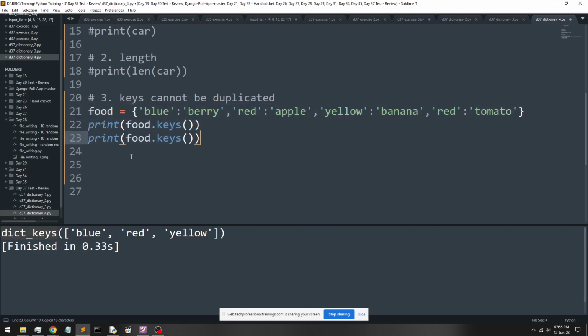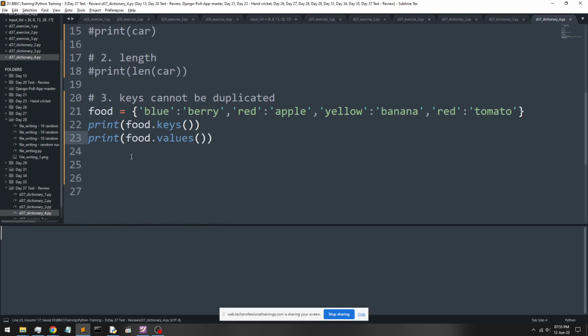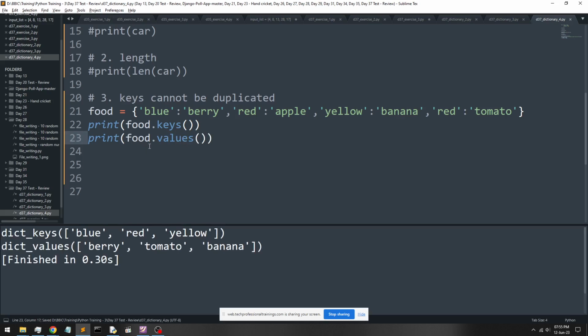Suppose if you want to get only the values, what can you do? The same thing can be done. All the dictionary values can be extracted. This is the simple way to extract the keys and extract the values. And the last property,